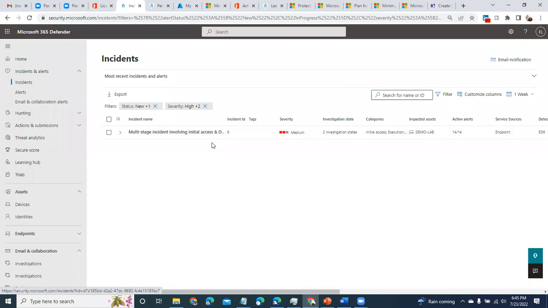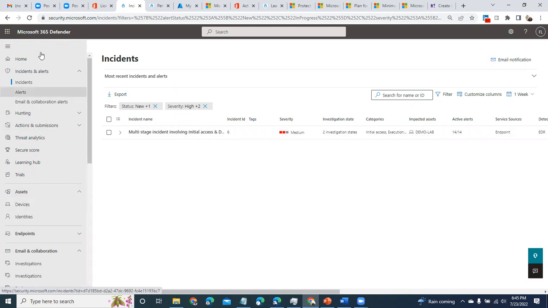So remember where we talked about that the Defender family has threat management, Defender for cloud, identity and endpoint. If you had those capabilities turned on, as they trigger incidents, they will all come into this place. So the 365 Defender portal is the central correlation interface for all the Defender services.